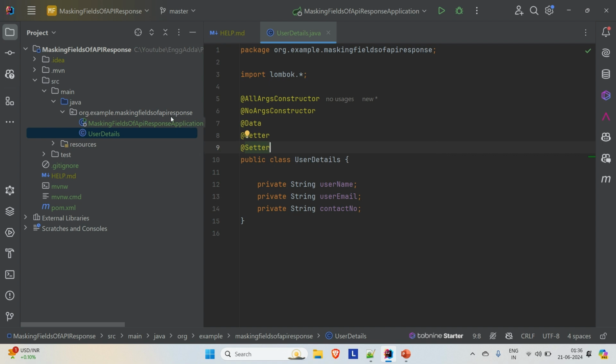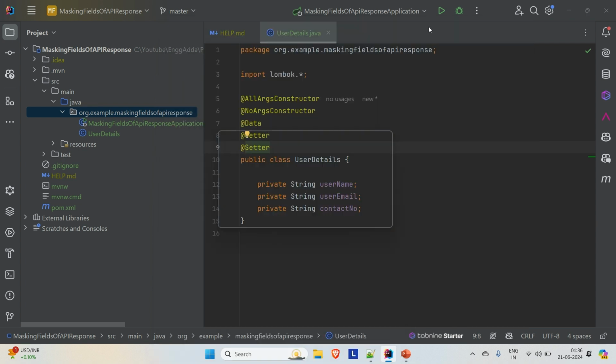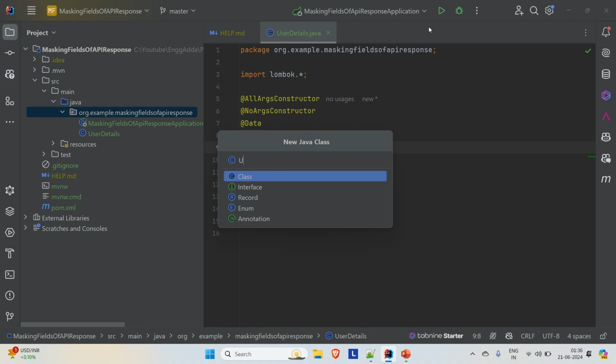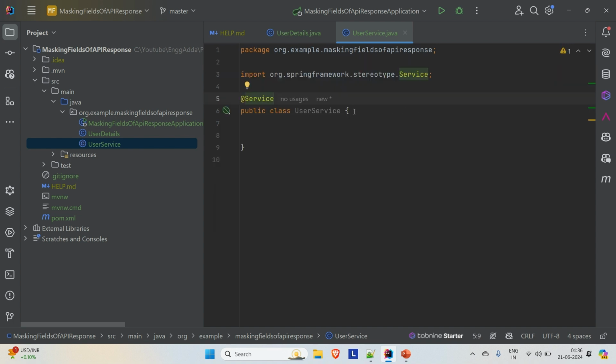Now let me create a service here, and then we'll create the controller finally. So here, say it is UserService, and inside this service I'm going to create a method. Let me annotate this with the @Service annotation. I'm going to create a method which will be returning a list of users, or you can say a single user. Okay, so let's say getUserDetail,